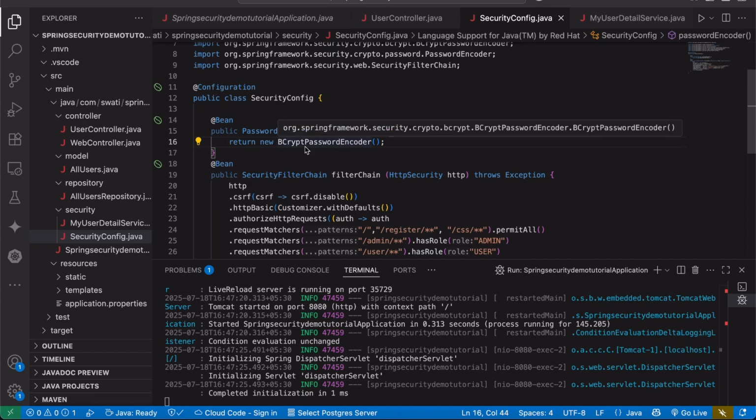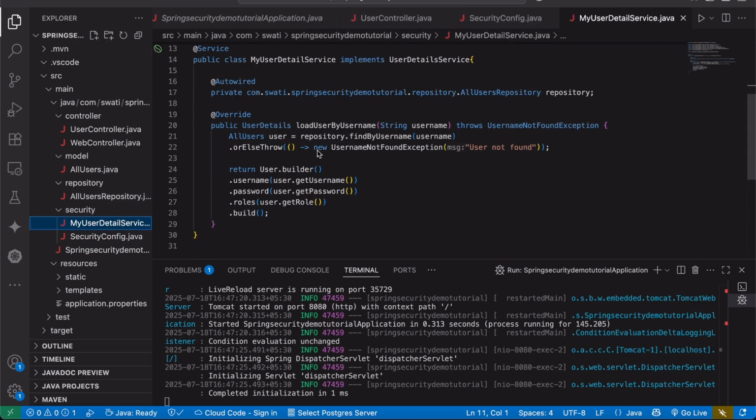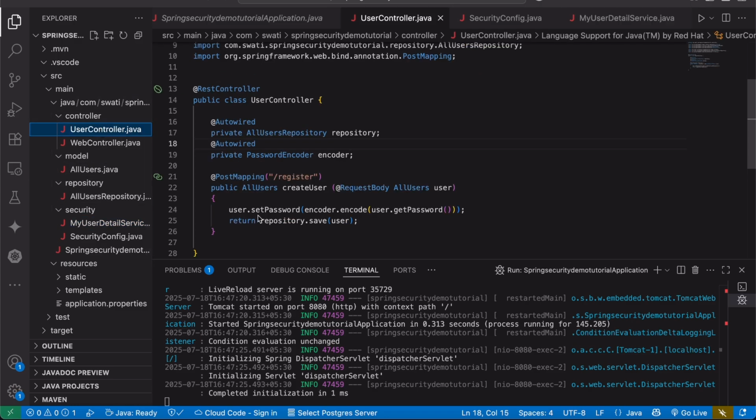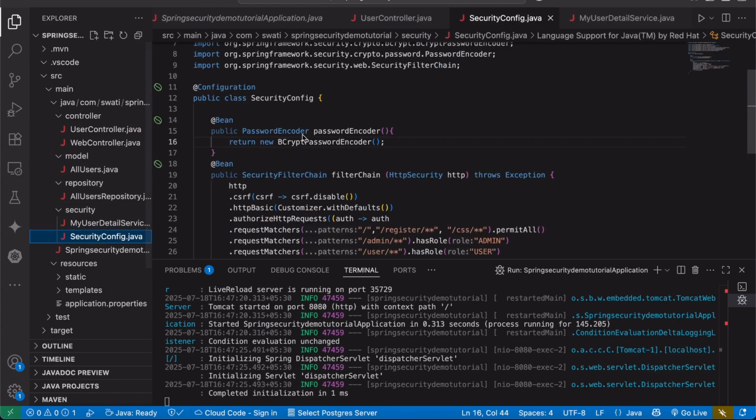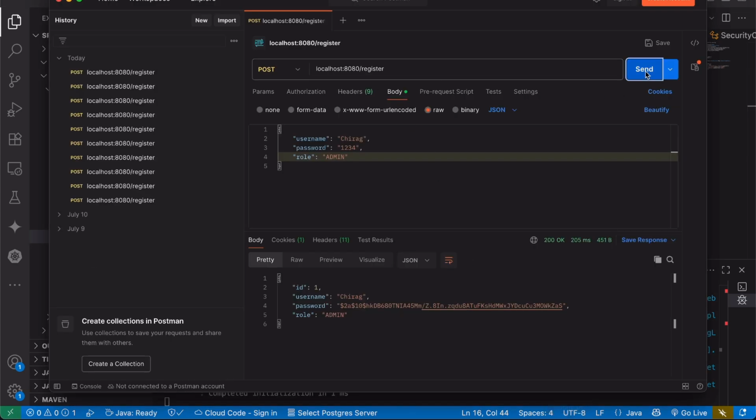Why is it required? Because we have already specified in the user detail service class, not here in the user controller class, that we have to encode the password here before returning it. So if we do not specify a password encoder in the security config, that is, return the password encoder, then Postman or the API will throw an error, because it's not finding anything to encode the password. So once we have added this and we hit send, the